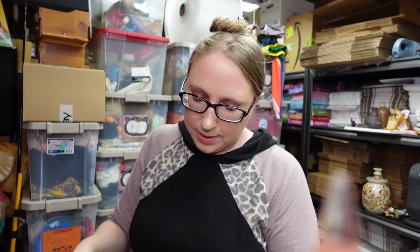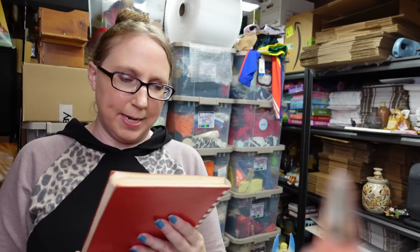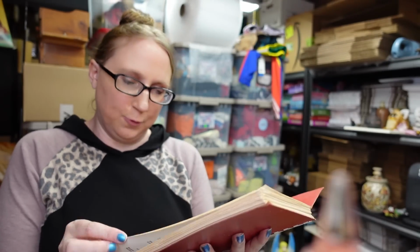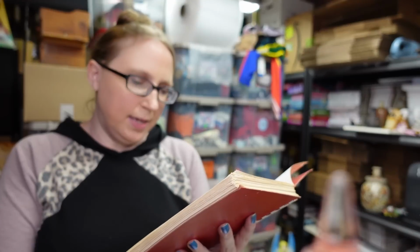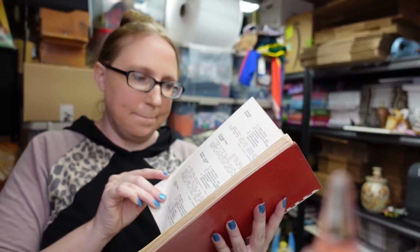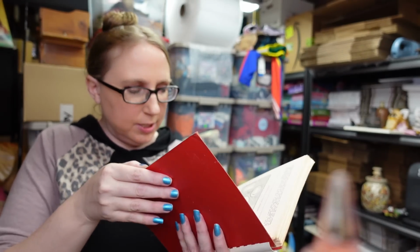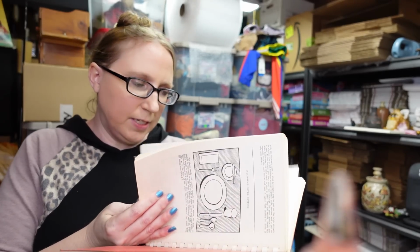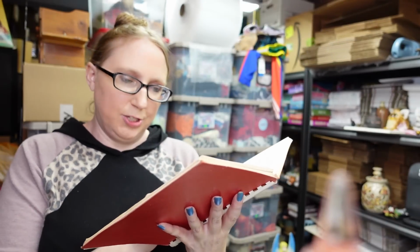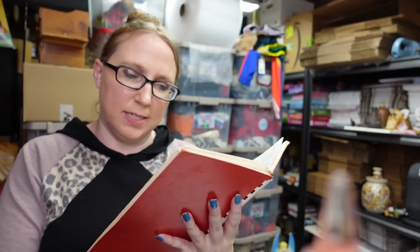Let's see. I got this cookbook. This is a vintage cookbook. It's called the Pennsylvania State Grange Cookbook. It says it has over 1,000 recipes. And I'm trying to see if there was a date on this. I don't know, I don't see a date, but it's obviously a vintage cookbook. So it's all of these different recipes that people